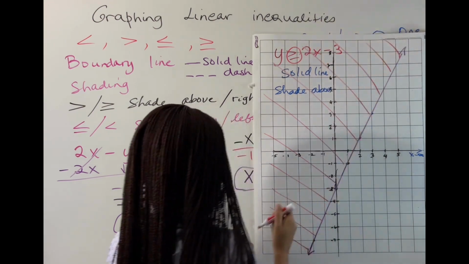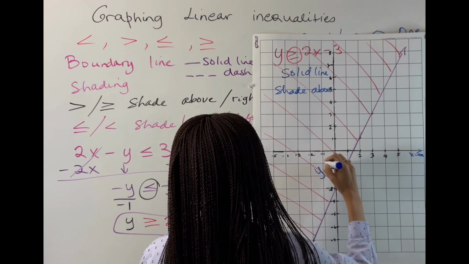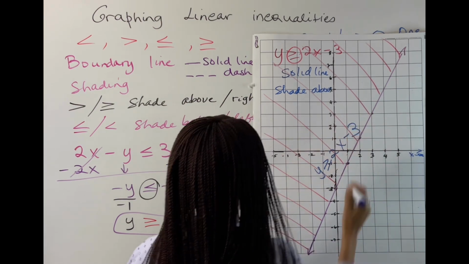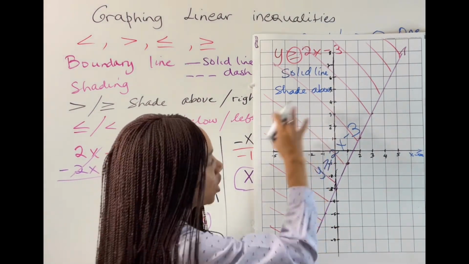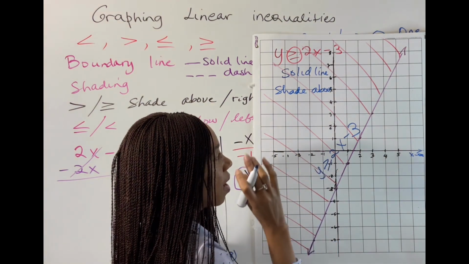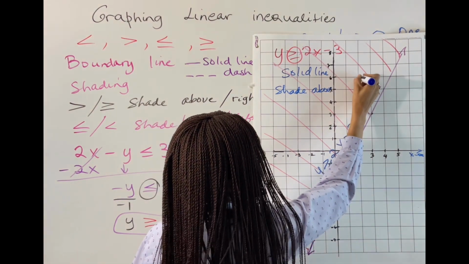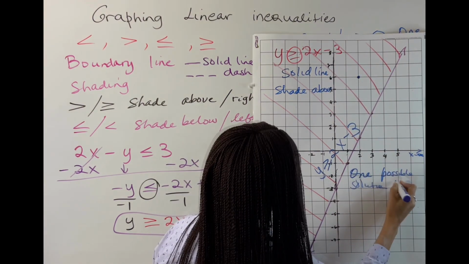And also label your area. I'm going to write y is greater than or equal to 2x minus 3. And I'm going to choose anywhere within the shaded region as one of our possible solutions. So I'm going to choose this point right here. One possible solution, 2,